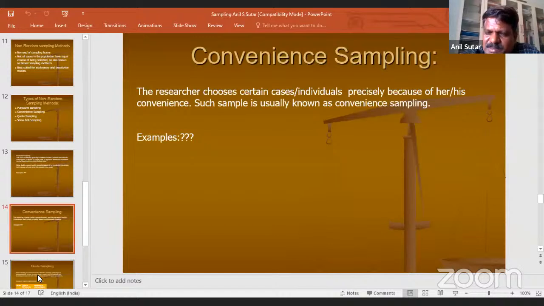The researcher went to that village market, bazaar day, to that marketplace, and there he asked villagers, you are from which village, and then conducted interviews. I am not saying whether this method is ethically okay or not, but what I am trying to tell you is that this is the illustration. Even if you are very creative, you can even think of convenience sampling of this kind.